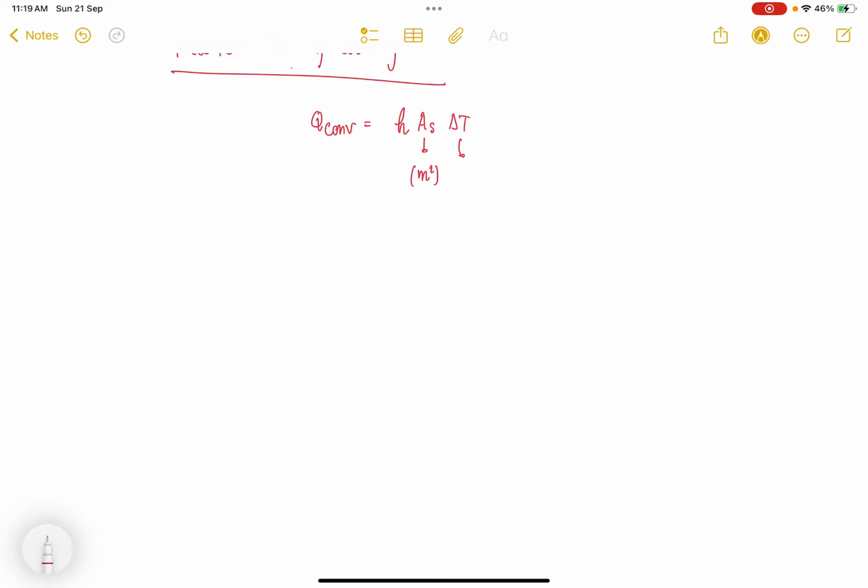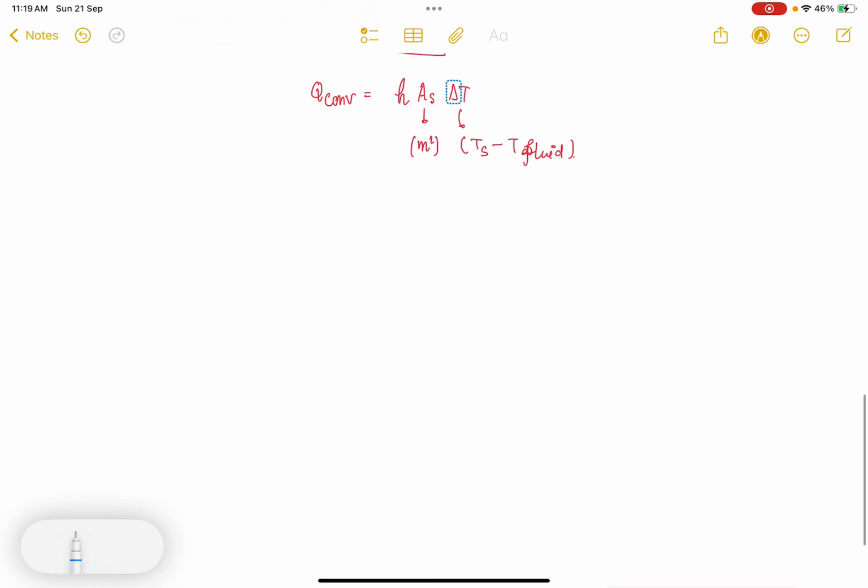The temperature difference is between the surface and the fluid reference temperature. Okay. And h is the important property in convection heat transfer, which is nothing but the heat transfer coefficient